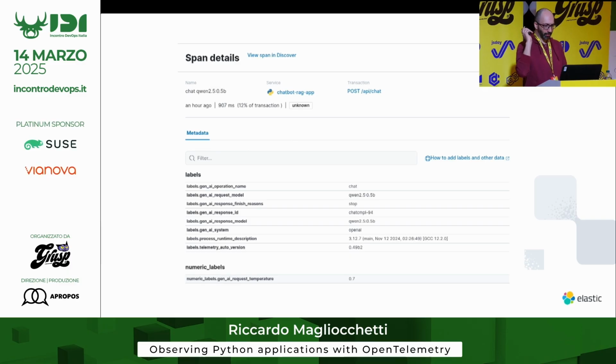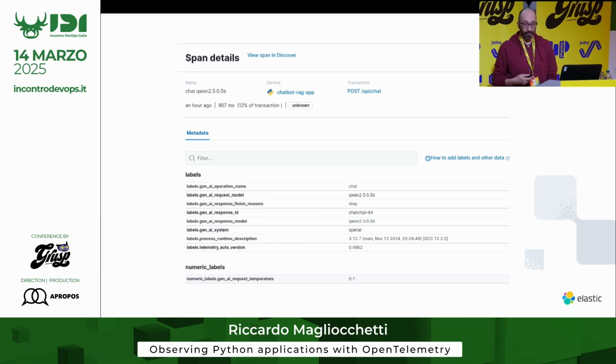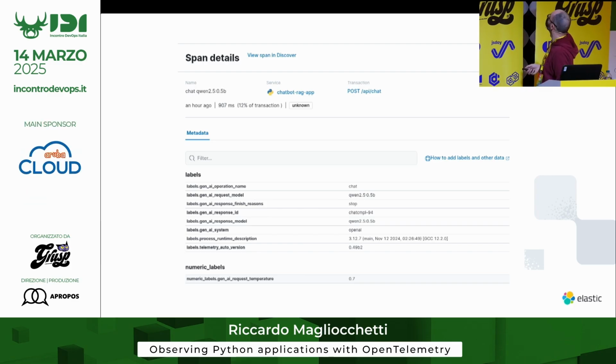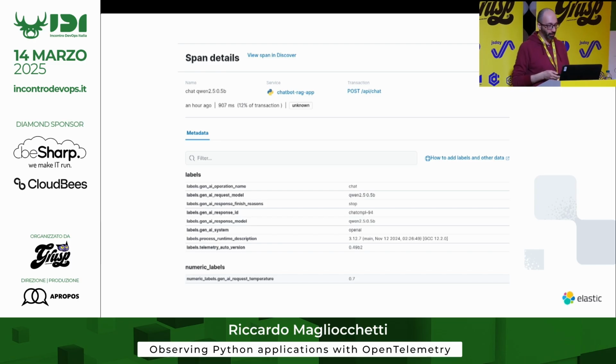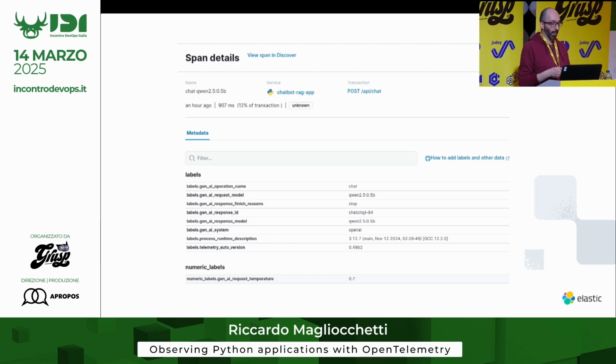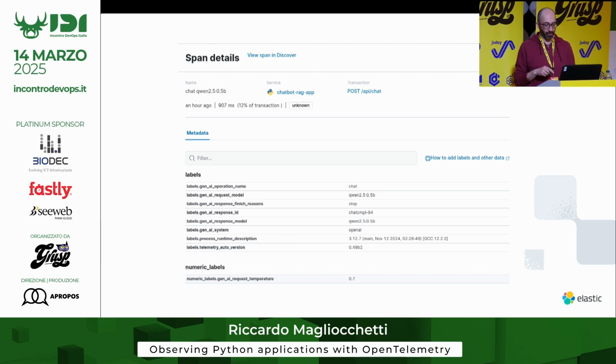This is a screenshot, just to show some of these attributes. We have the model names, the provider. This is an example from calling a Qwen model locally using the OpenAI library. The Qwen model was running inside Ollama, I don't know how it's pronounced, to provide a compatible